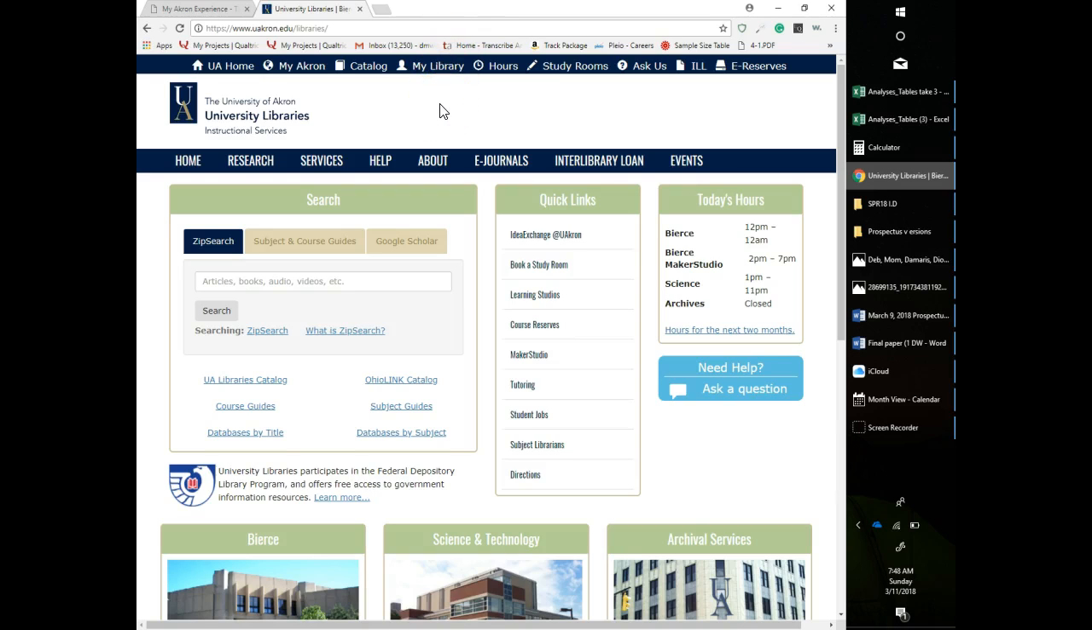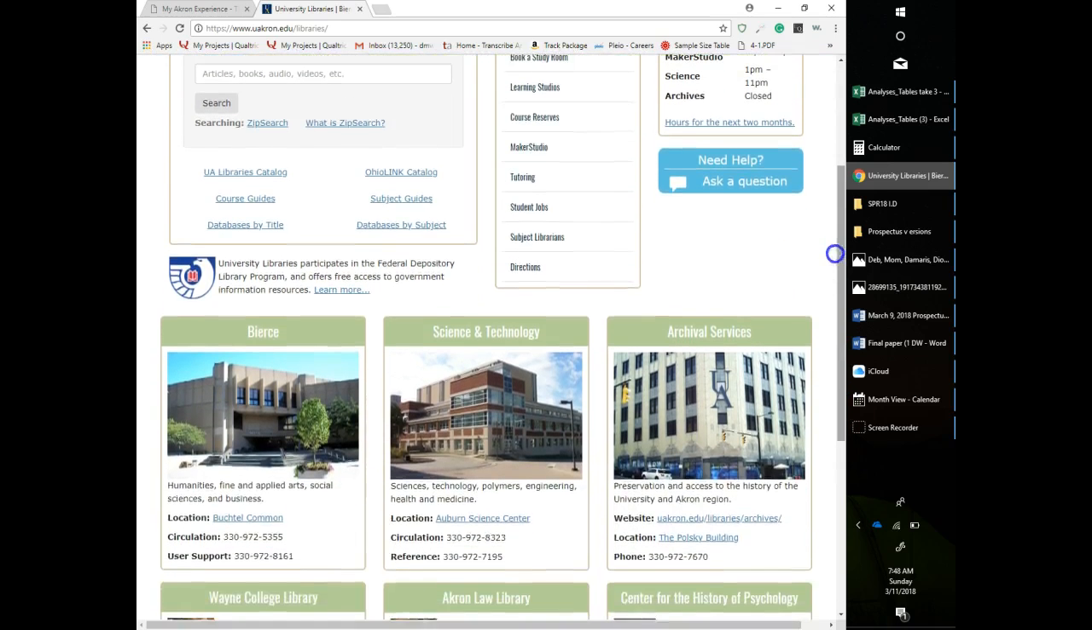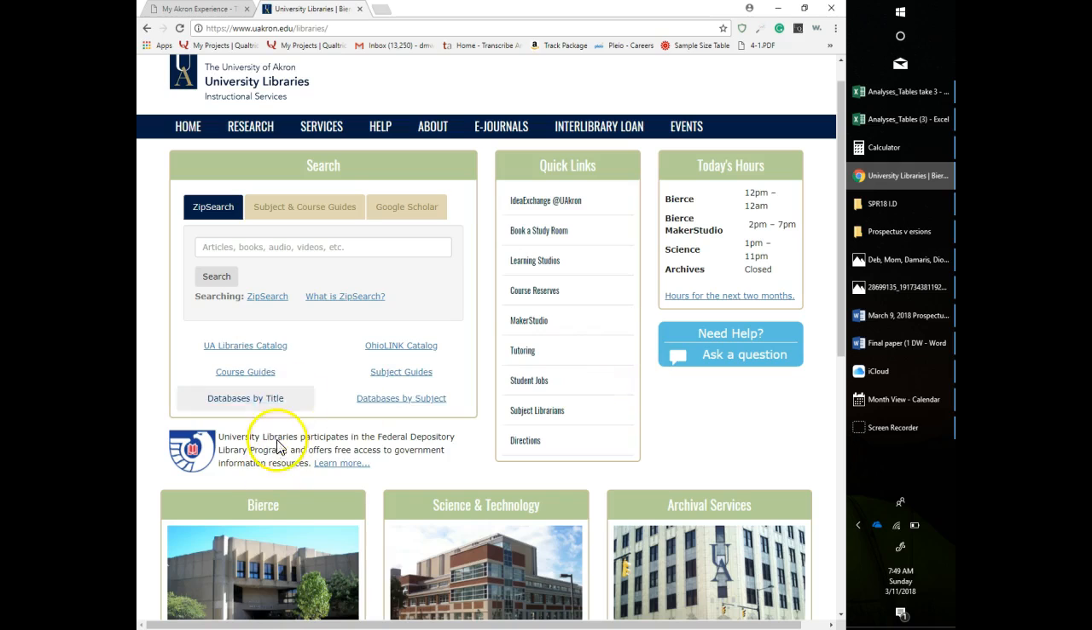So what this does is it takes you, in the libraries, to a page where you notice these boxes where it says search, quick links, today's hours, the libraries that are on campus, the archival services. But the box that we're going to focus on right now is the search box. So you can actually search by subject and course guides. You can use Google Scholar, and we'll actually come back to that. We can do databases by title or databases by subject. I'm familiar with databases by title, so I'm going to walk through that process of just looking for sources using